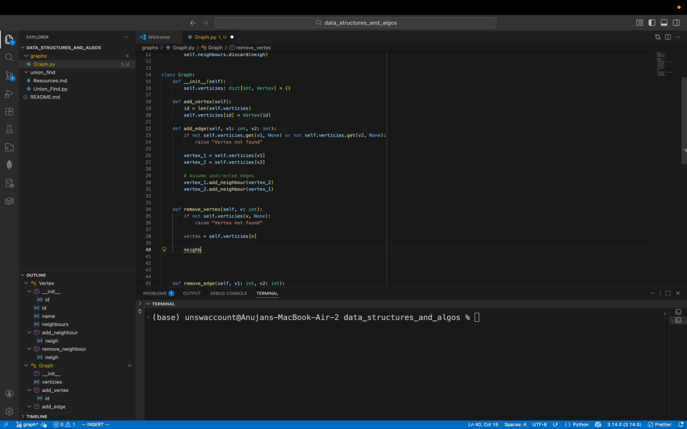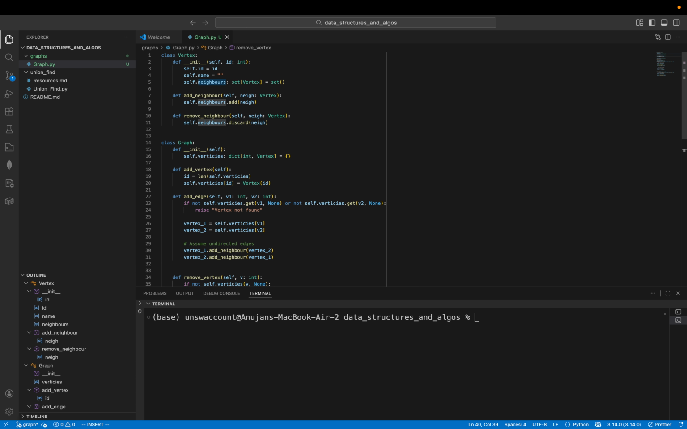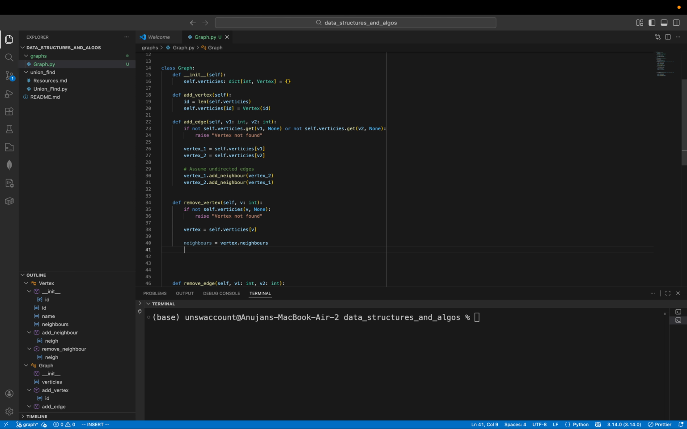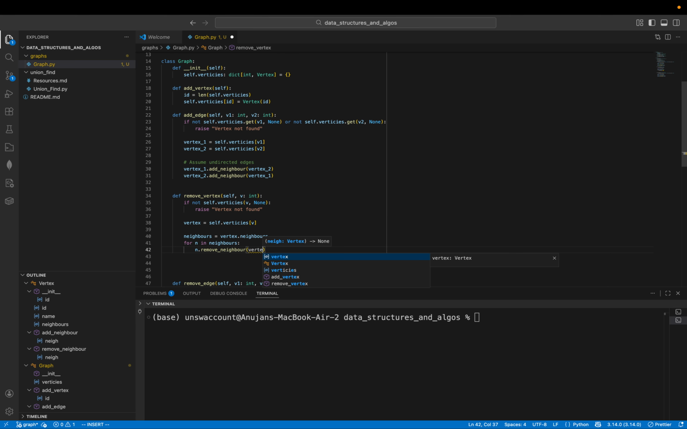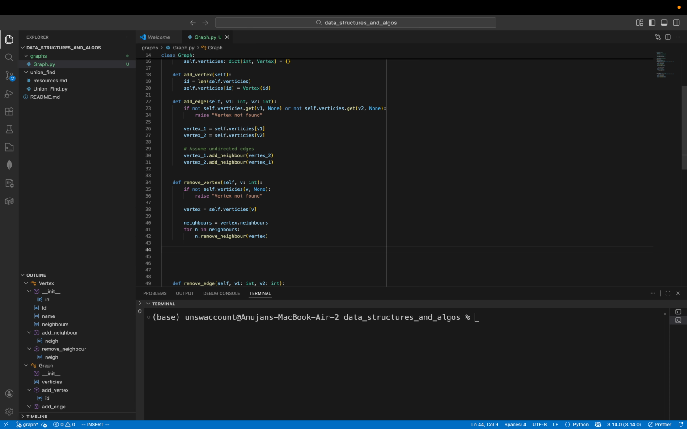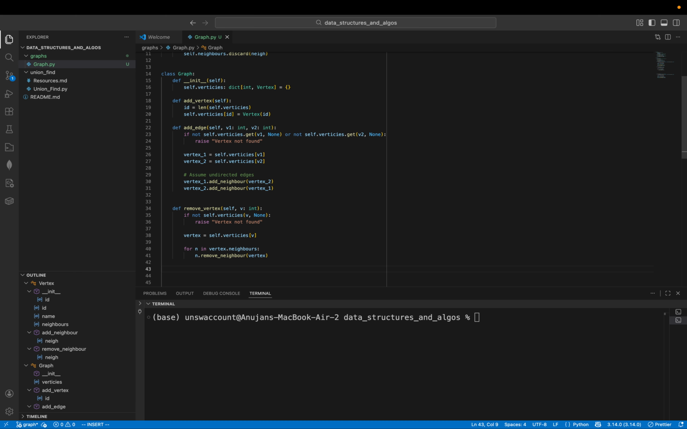Neighbors equals vertex dot neighbors. All right, so I'm getting the neighbors. For n in neighbors, n dot remove neighbor vertex. So this is me erasing vertex from the existence of all the other nodes as memory, basically. And then I don't even need the variable, to be honest. So that's that, and then after we do that, we can basically just completely delete